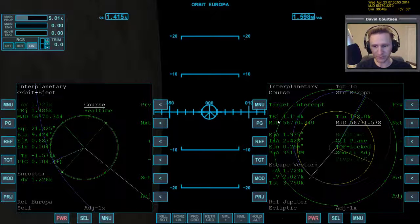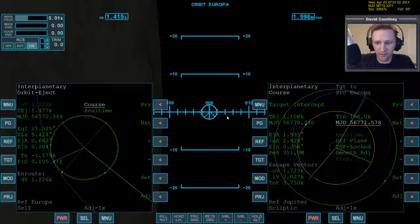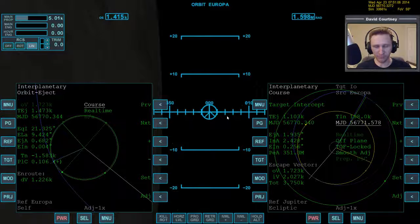So we're about 1,000 seconds away from the ejection point. That works out pretty well. We can start setting up our IMFD maneuver now. Now, this part of the plan is one that I found rather confusing for a while, because what we have to do is copy the orbit eject plan over to the delta velocity